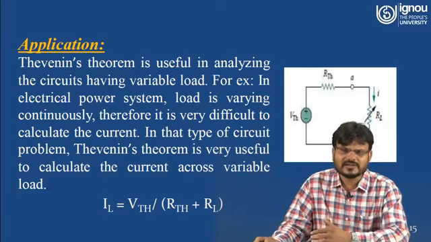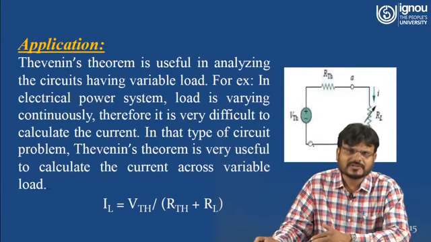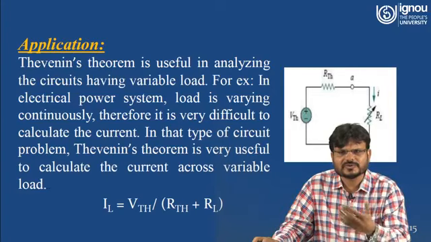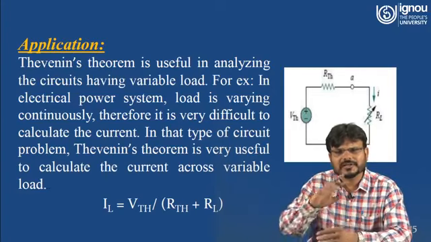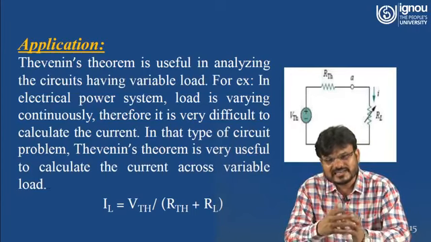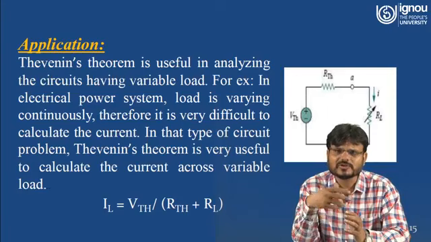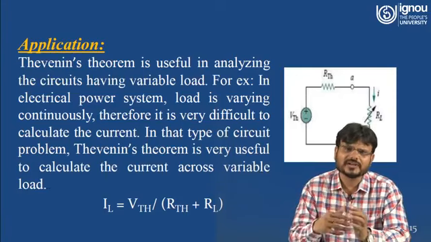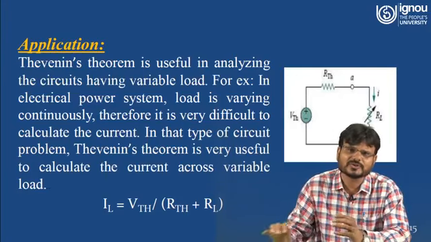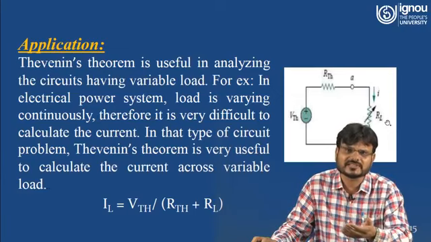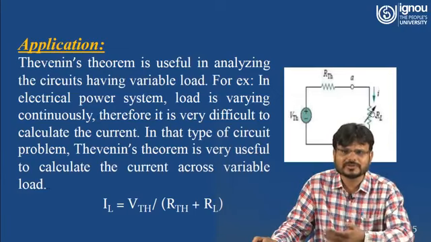Here you can understand it again. Suppose the load resistance is 5 ohm, then 10 ohm, and you have to find the current when the load resistance is 2 ohm. So again and again you have to apply mesh analysis. First, suppose the load resistance is 5 ohm, then you have to apply mesh analysis. Now again someone asks you to find the load current if this resistance is 10 ohm, then again you have to apply mesh analysis. But what is the beauty of the Thevenin theorem?